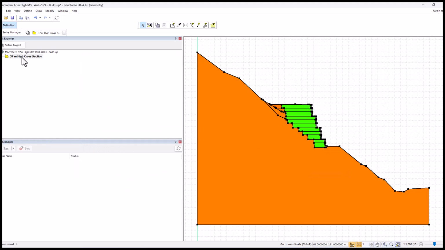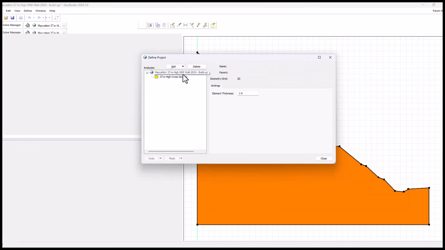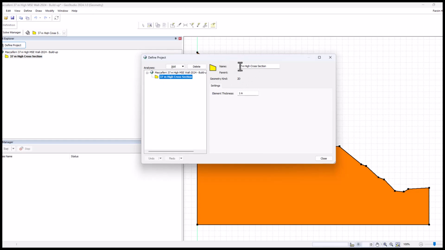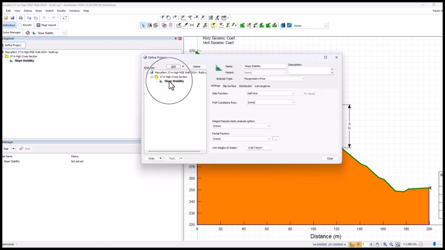With that done, as you can see, I already created a project tree with the geometry, the 2D geometry. You can adjust it later here. You can change the project name here, and also the geometry's out-of-plane thickness. I just leave it as is. I'm going to add a SLOPE/W analysis here. You can see the SLOPE/W analysis, which was exactly identical to what I had. I'm going to rename it